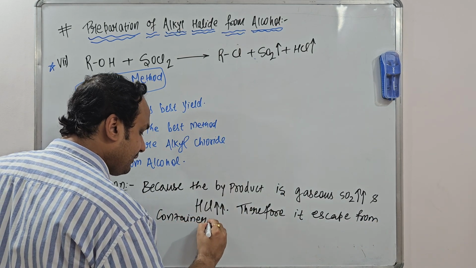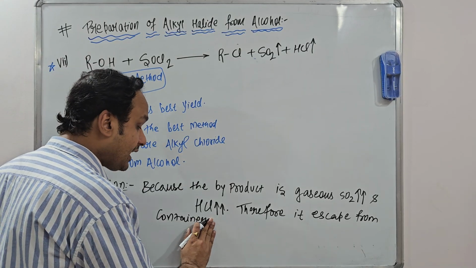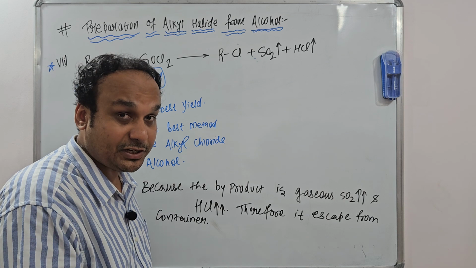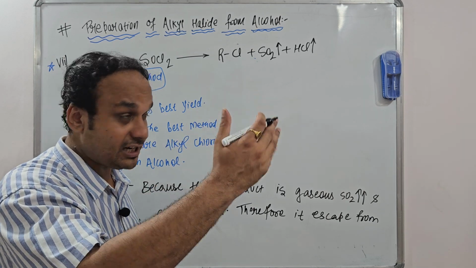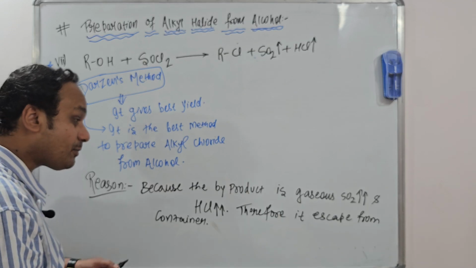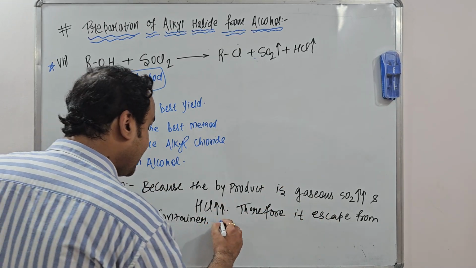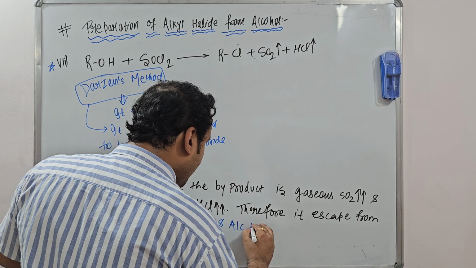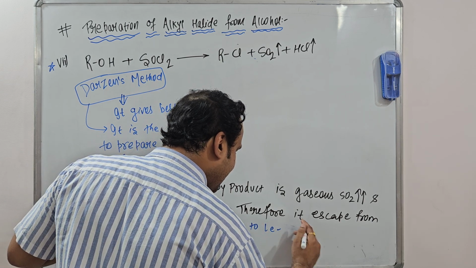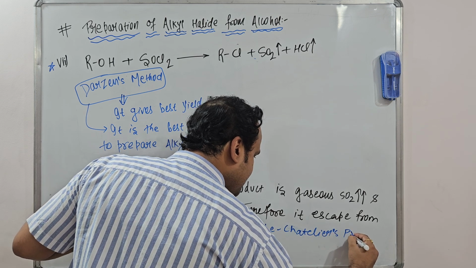And as you have seen whenever you studied the Finkelstein reaction and the Swarts reaction, whenever the byproduct is a precipitate or escapes from the container, the reaction shifts forward according to Le Chatelier's principle. It means because the byproduct is gaseous, SO2 and HCl, it escapes from the container, and according to Le Chatelier's principle,